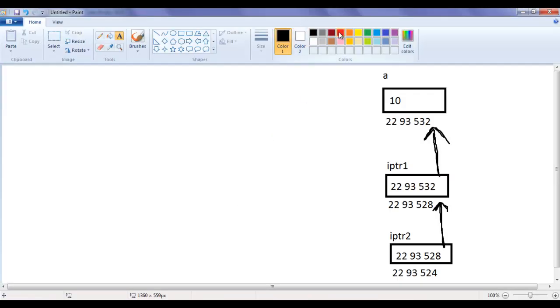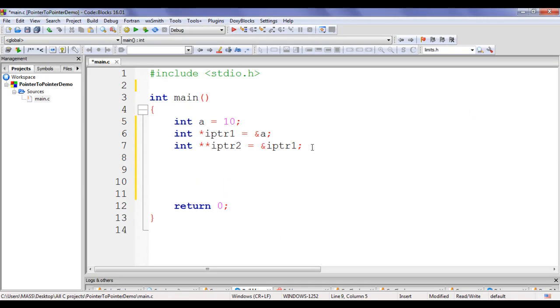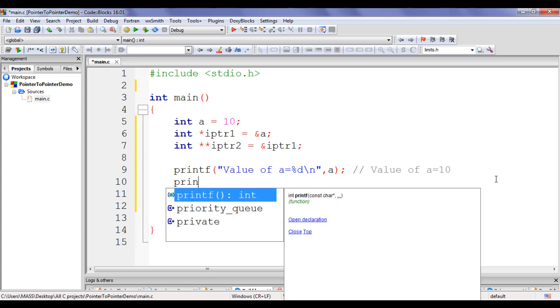We can display value of a as well as address of a using printf statements. I say here printf in double quotations, I say value of a is equal to %d \n comma a semicolon. If we write just variable name, it indicates value of a, guys. If I say printf value of a %d a, we get here value of a equals to 10, guys. We can display address using printf.